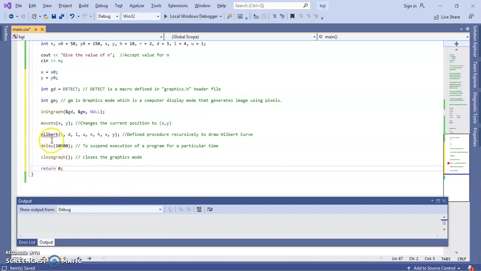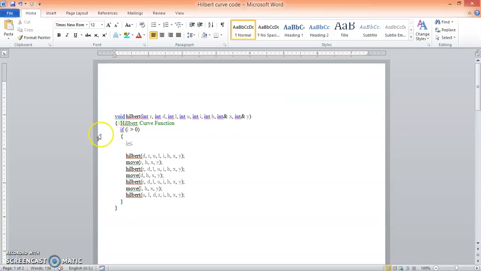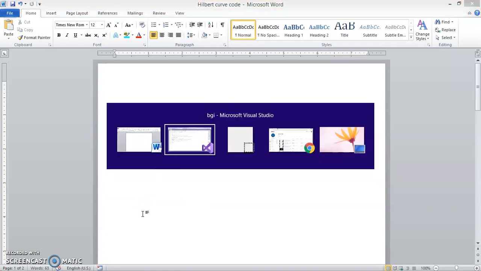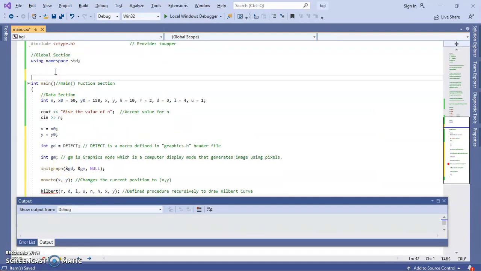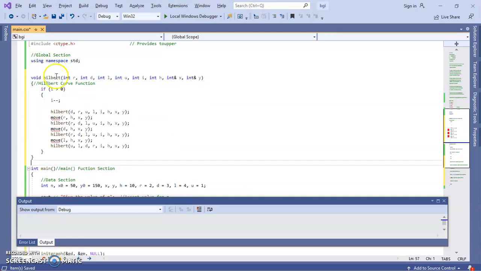Next, an important thing, we have to write the Hilbert function. This is the Hilbert function code. We already discussed that we pass some parameters to it: right, down, left, up, step length, then x and y. In the Hilbert function, first we apply a validation.